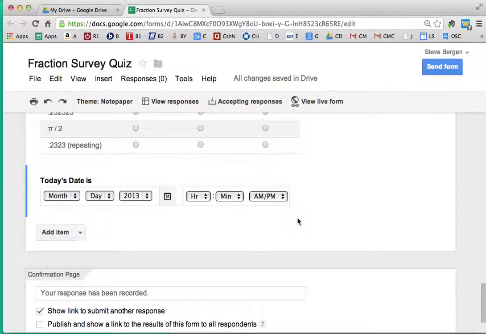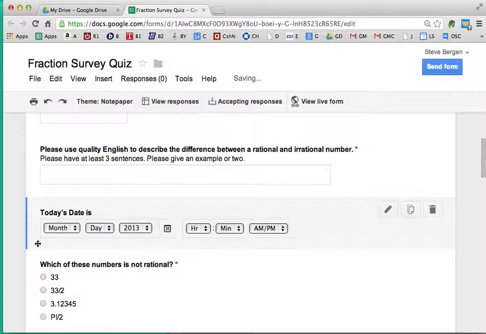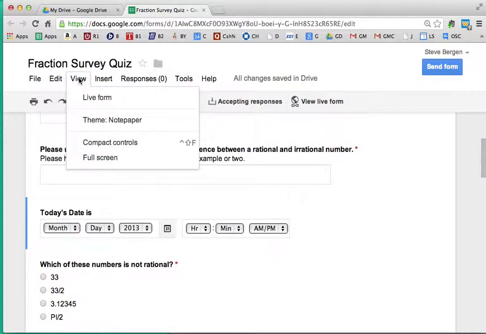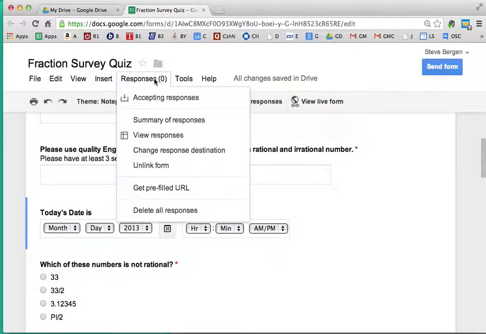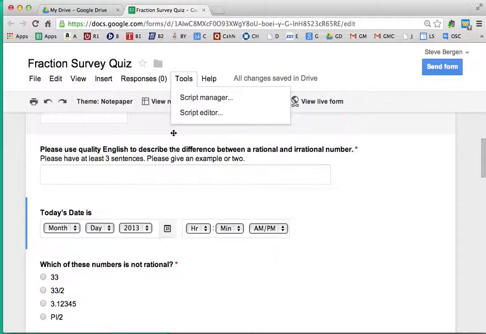The order of these things can be moved. So you can take any of these and you can just click and bring it up. This is chock full of features. Absolutely unbelievable. You can go to responses, and you can get yourself, I'm sorry, I'm looking for the feature. I think they may have taken it away, of notification. But this is chock full of features, and it all goes into a spreadsheet. Now, when we view the live form,